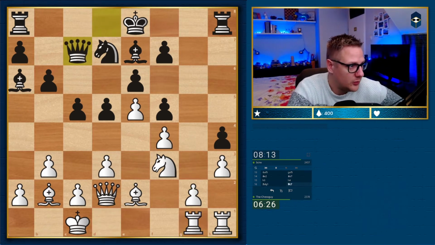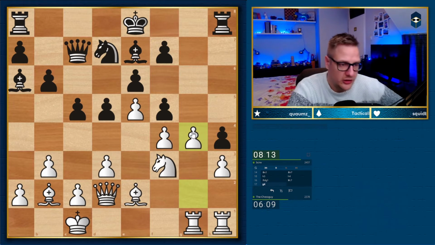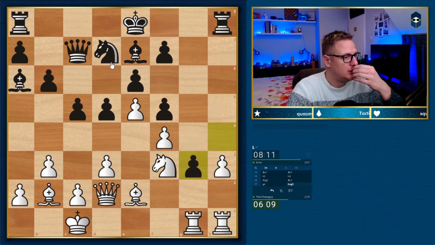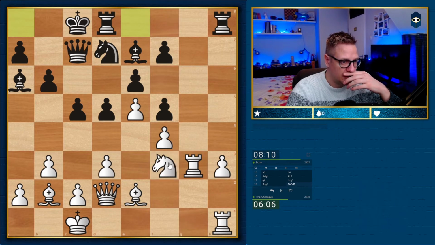I'll remove somewhat of the pressure, but not completely. So he plays queen c7. Okay, so now we just need to continue with the plan. Okay, this is kind of weak, but I'm hoping that... I do get this square now. Also, the pawn could be...